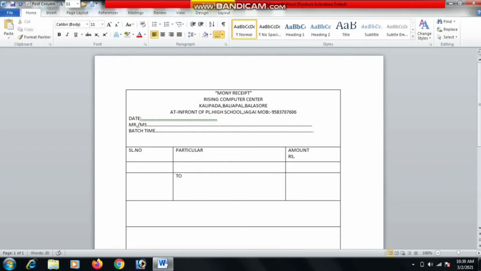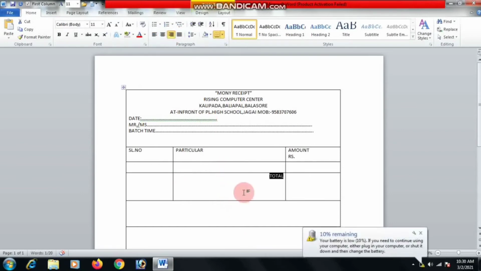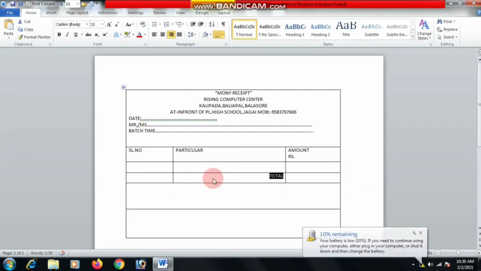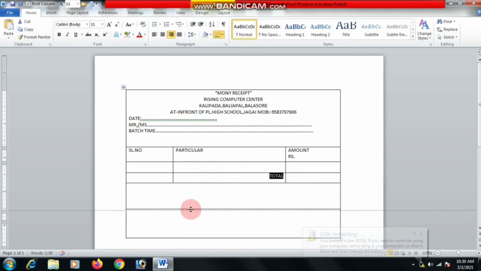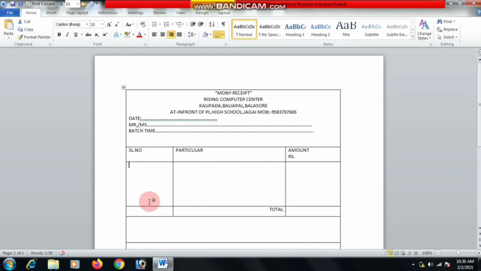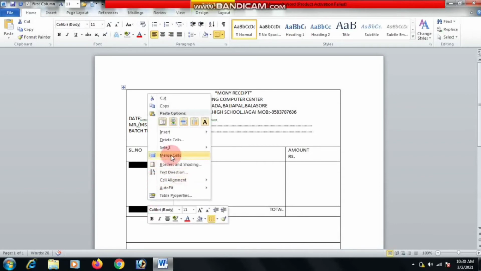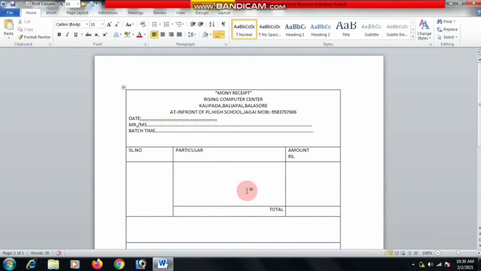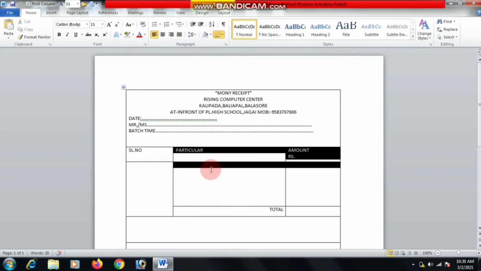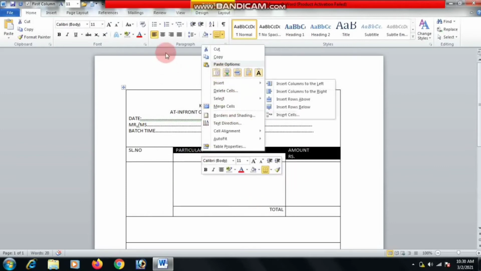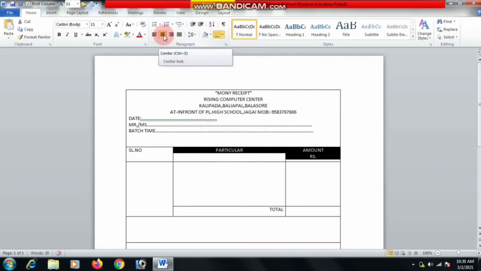Then here we write total, and use the right alignment option. Then setting the row, click the row, drop down and select two cells, and right click, merge cells. Here we use the center alignment.